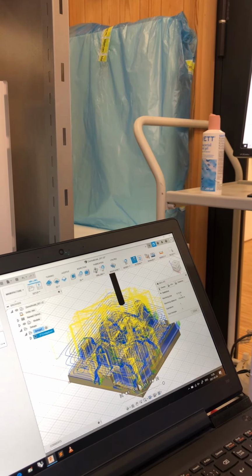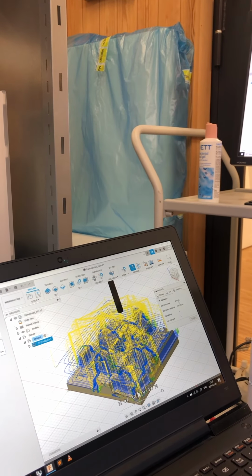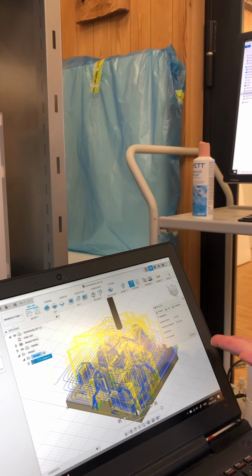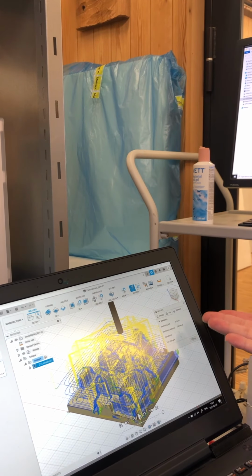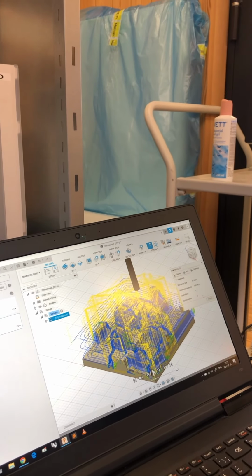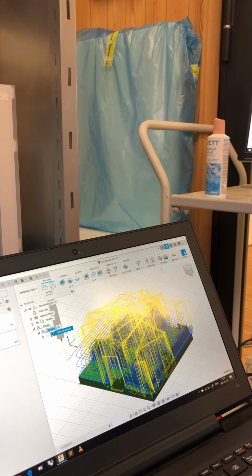So we will begin the operation by reducing manually the feed rates to a more proper level. But if one would go at full speed, like full feed rates, then the machining time would be 13 minutes or 40 minutes. Alright, and we can see that it looks as we want, and we can then